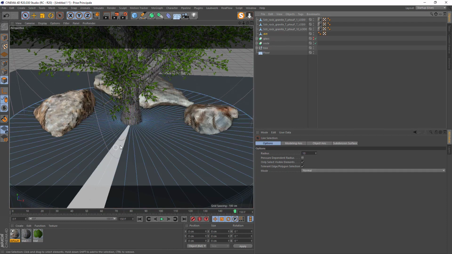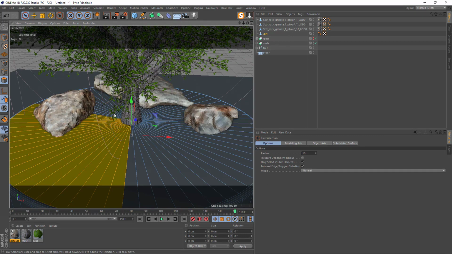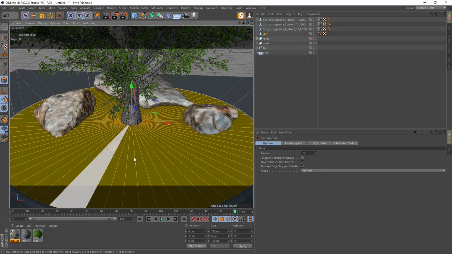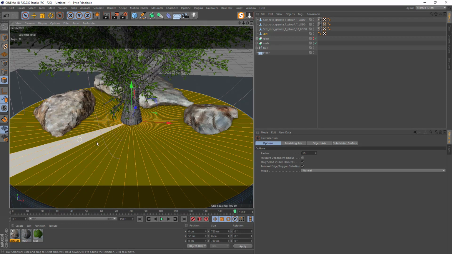Go to polygon mode, you see you can select everything, so everywhere is yellow.